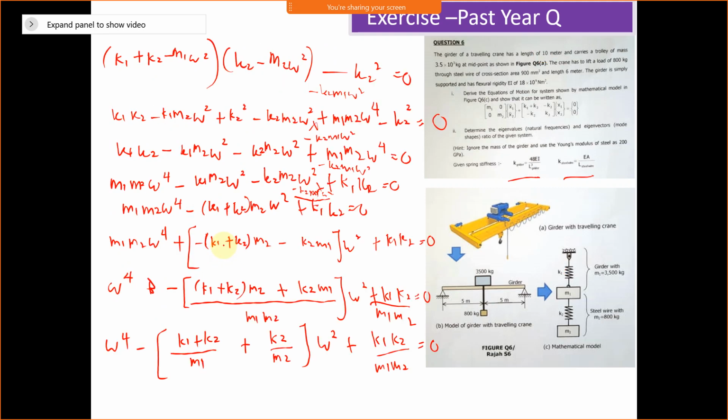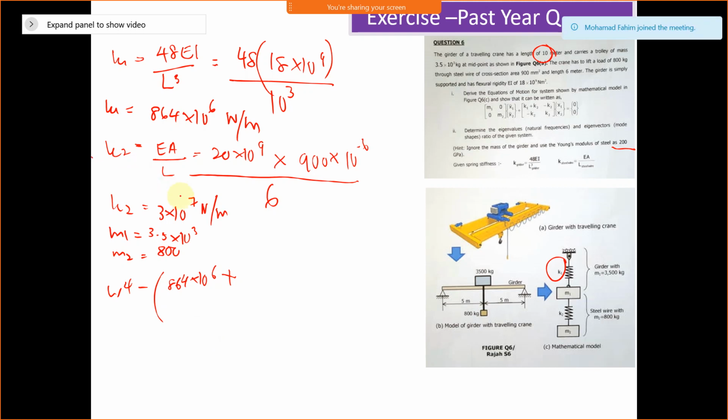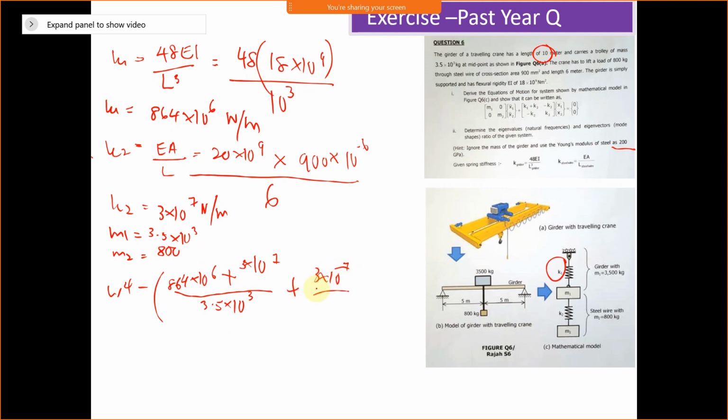Betul eh? Okay, plus K2 kita dapat 3 times 10 to the power of 7 over 3.5 times 10 to the power of 3 plus 3 times 10 to the power of 7 over 800 omega